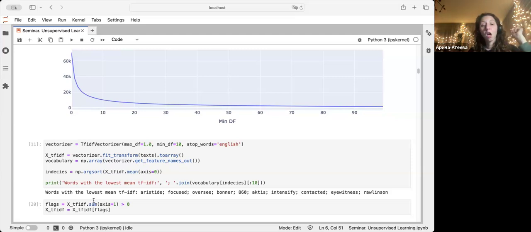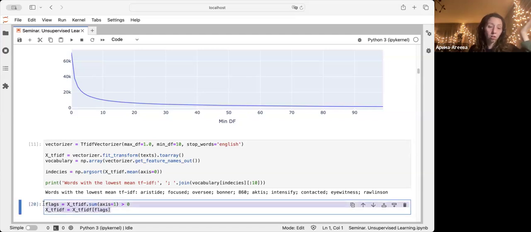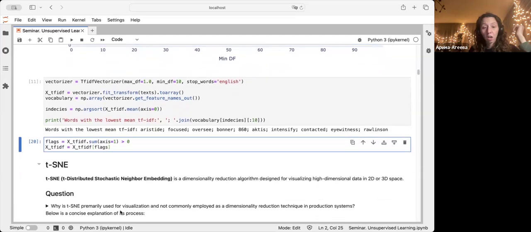tokens from your corpus, you need to check whether there are empty documents after this cleaning process or not. And of course, if there are some documents that don't contain any tokens after cleaning, yeah, you need to delete these documents too. Yeah, this code is just for that. Okay,